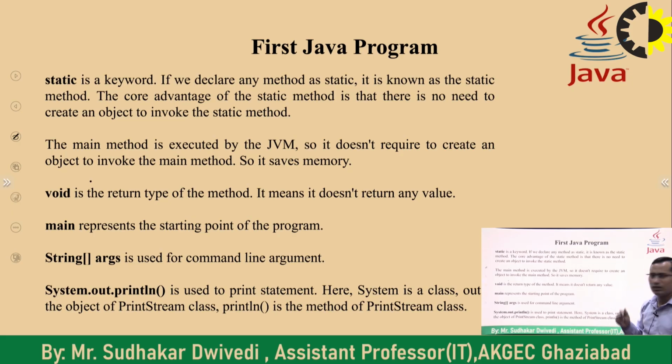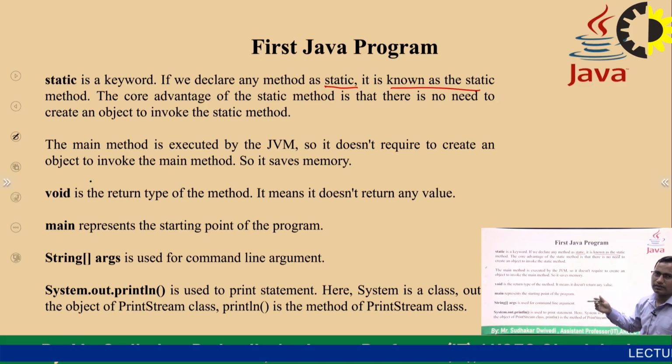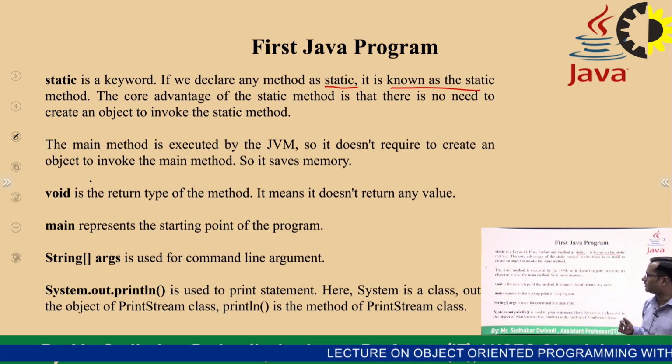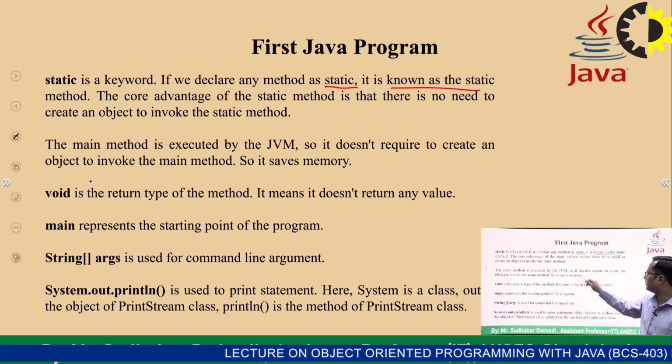Static. What does the static keyword actually mean? We have used static before main. If we declare any method as static, it is known as a static method. Whenever we use the static keyword before a method, that method is considered a static method. And the core advantage of this is